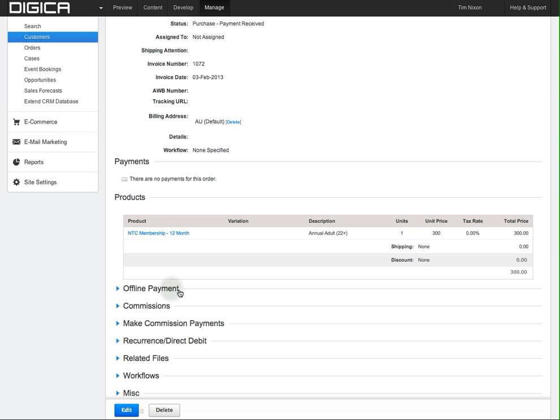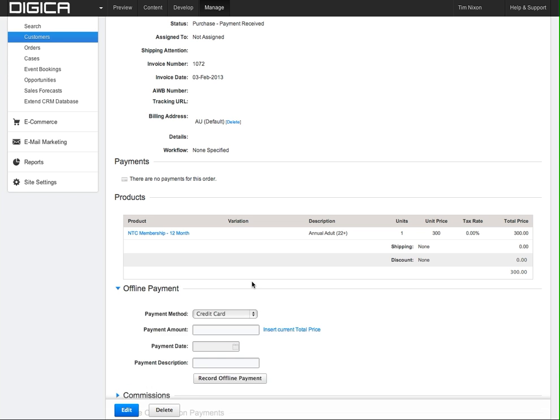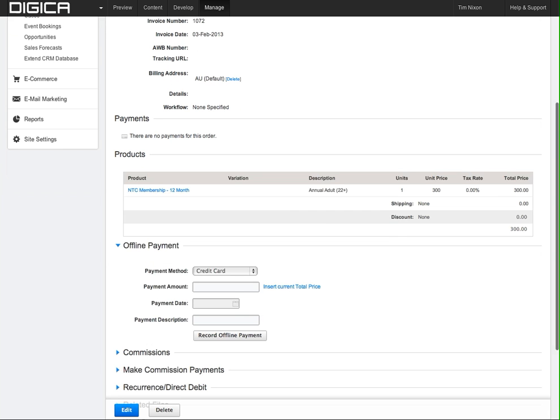What we want to then do is just register that the payment has been made as an offline payment. So we just open up that section, and we can tell from the spreadsheet that Paul paid cash, so we'll just mark that as cash. We can, if we click on this here, it'll insert the amount from here for us, so we'll go ahead and do